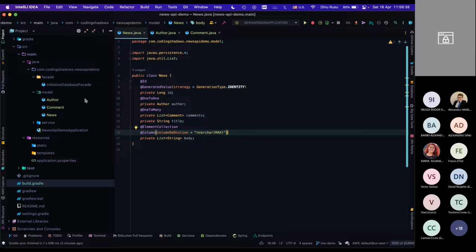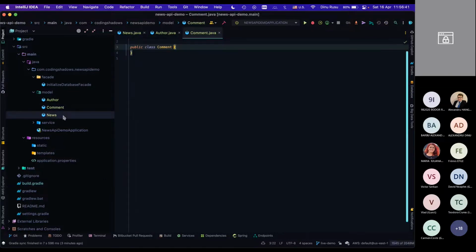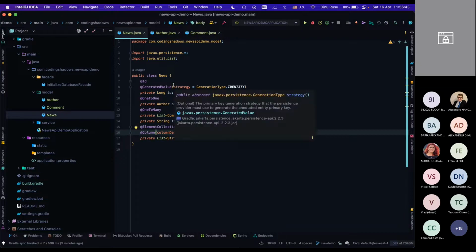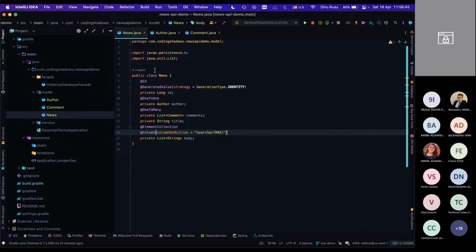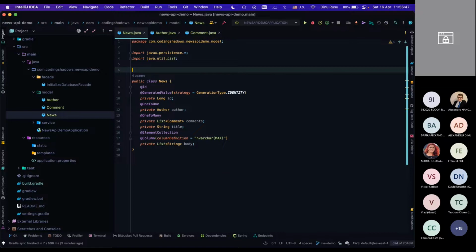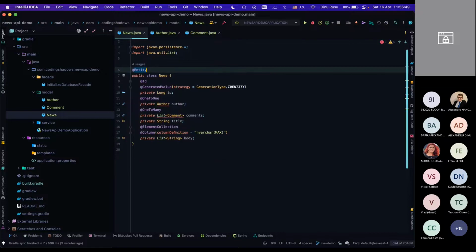Good. So I have to also write the comment class and the author class. The news class is quite done. I just have to tell it that this is a database entity, so I have to annotate it with the entity annotation. And also I have some